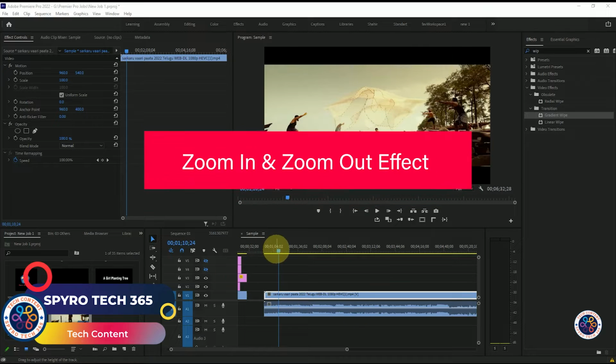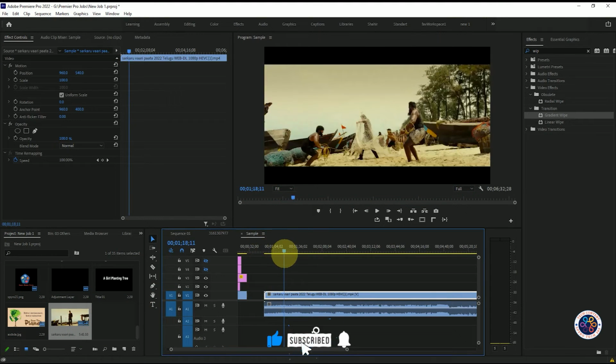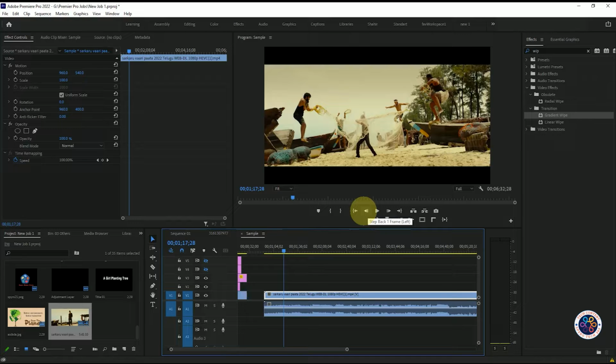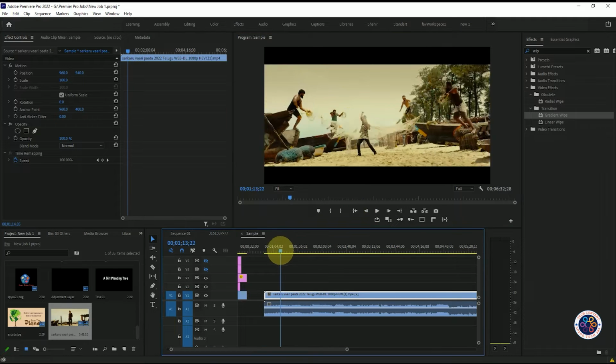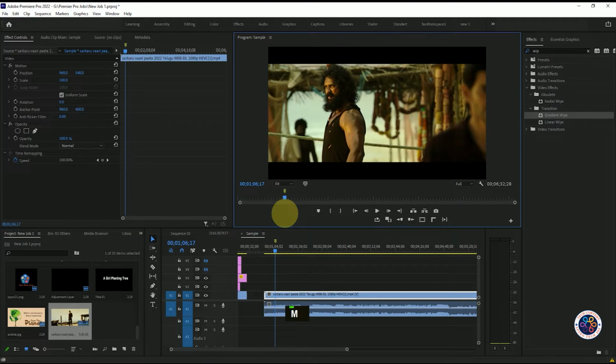So in this lesson, I'm going to discuss the zoom in and zoom out effect. Create a zoom in or zoom out effect. If we select from here, we'll set a marker here by pressing M and we'll insert a keyframe for scale